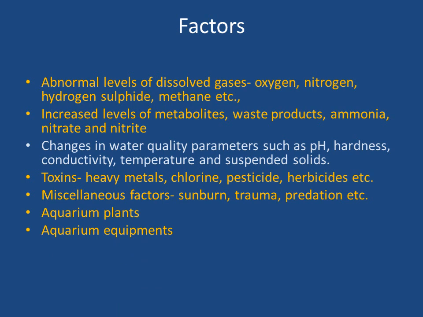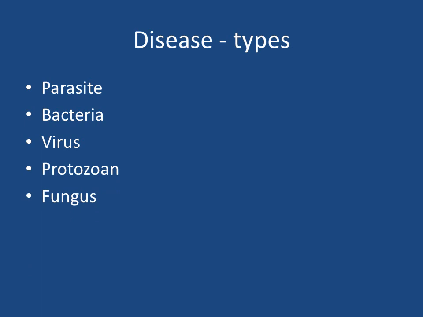Aquarium plants also play an important role in controlling the health of the fish, as does aquarium equipment maintenance. When we talk about disease, there are different types based upon the causative agents: